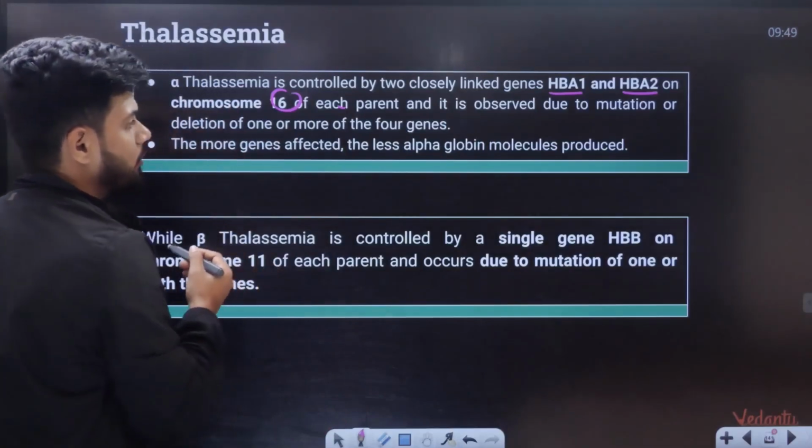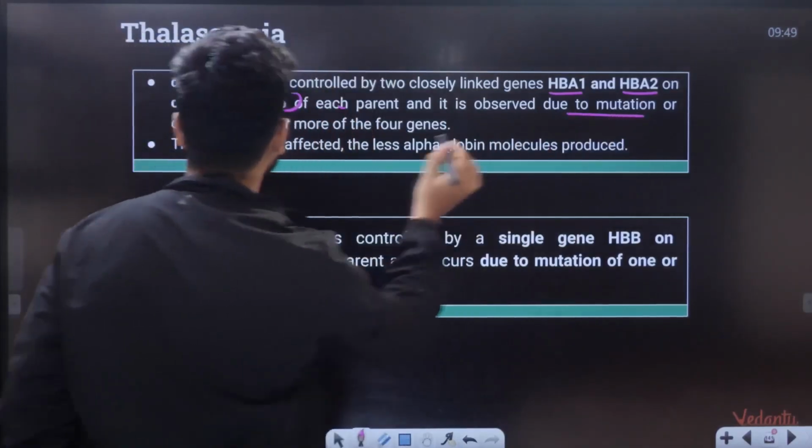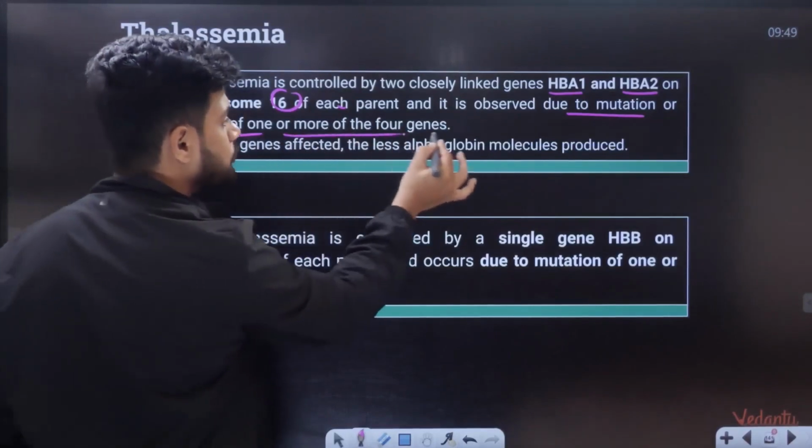Now what happens is due to the mutation or deletion of one or more of the 4